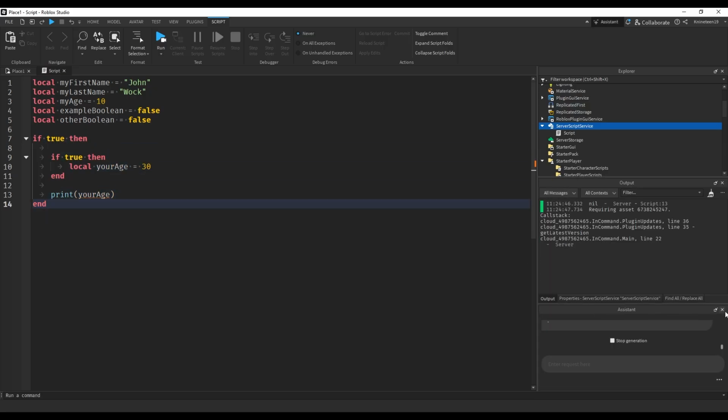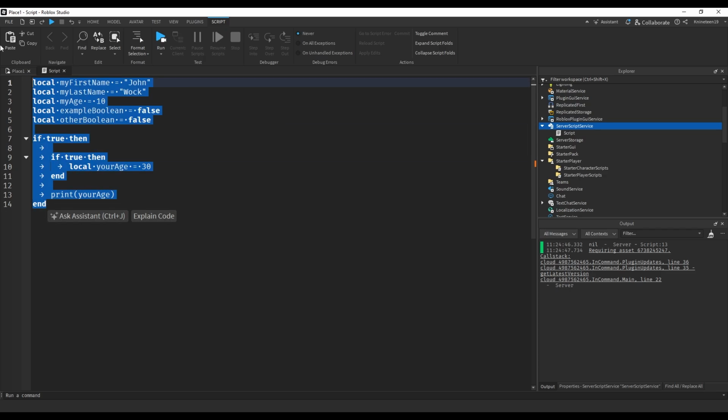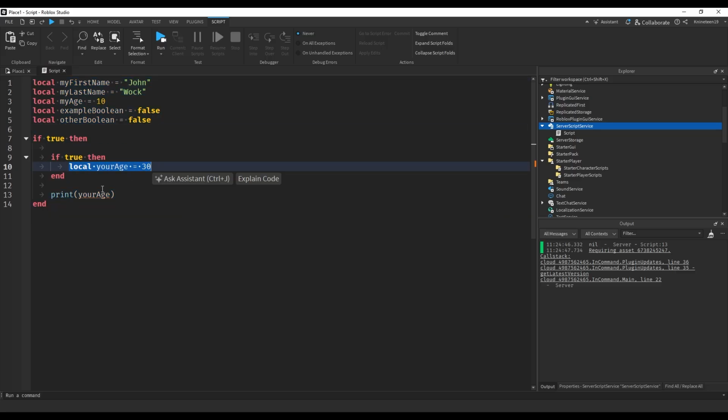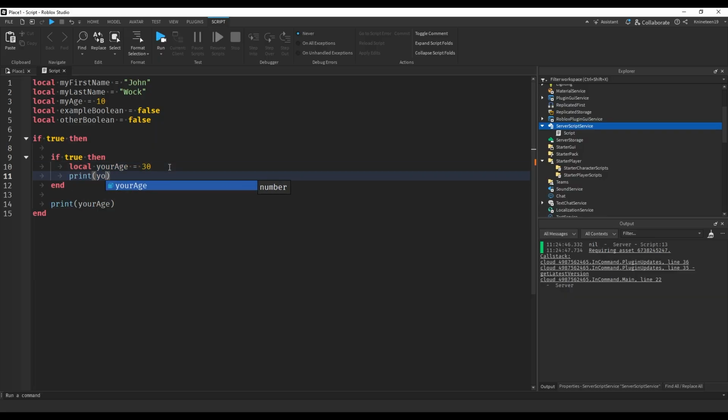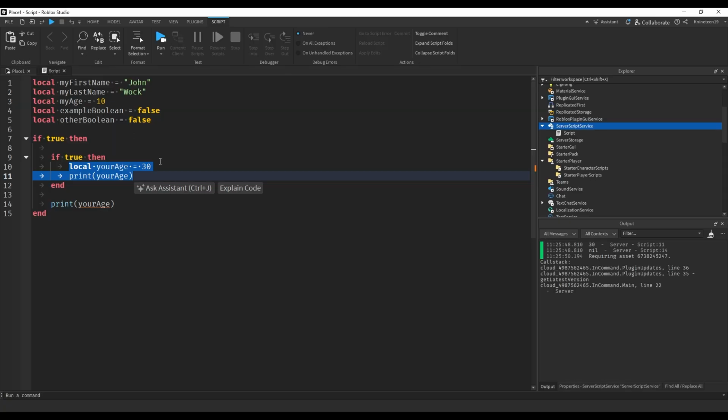Because there's different things that create these different levels, right? So if statements will create a new scope level, right? So this is a different scope than this whole thing, and this is a different scope than this. And your age, because it's a local variable, is limited to this scope. So I can print your age here and it'll recognize it, right? Because it's in the same scope. You see it prints 30, but then the other one prints nil because it's outside